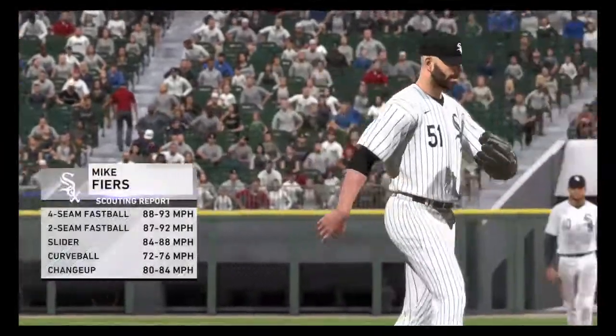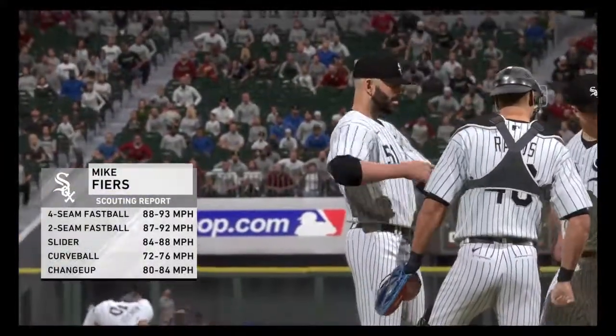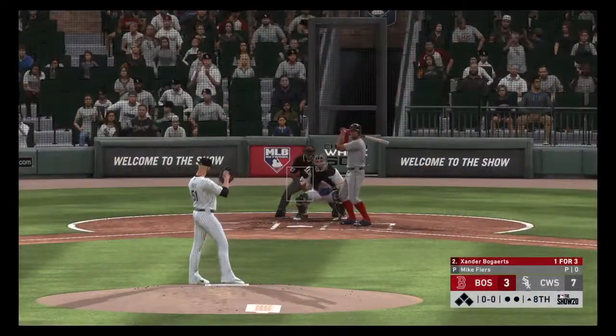Mike Fiers has been summoned from the bullpen as he'll do so to start the 8th. Number 51, Mike Fiers. Into the box, Xander